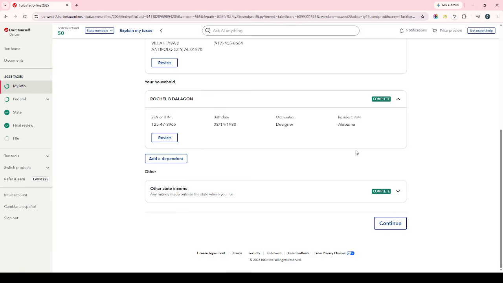As you complete these sections, TurboTax will automatically populate Form 1040 behind the scenes. That means the software is taking the information you